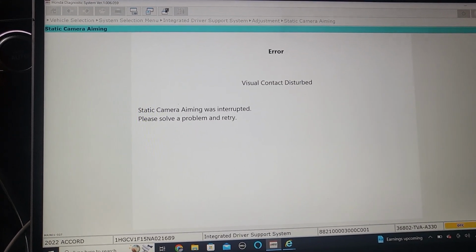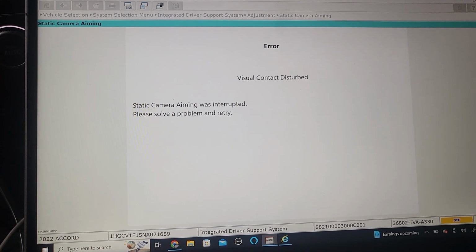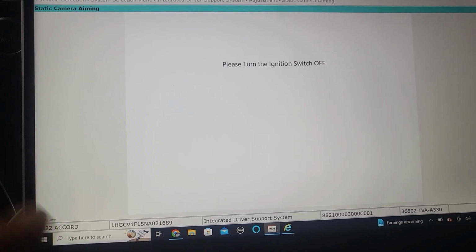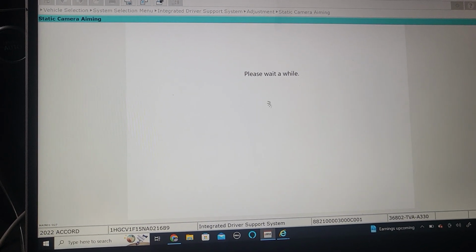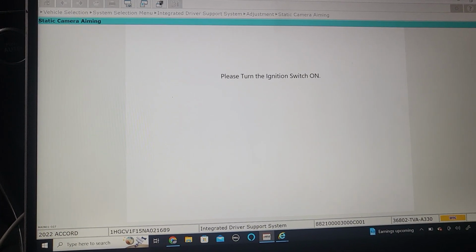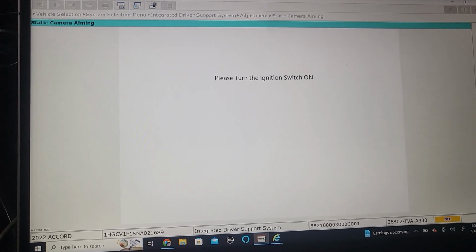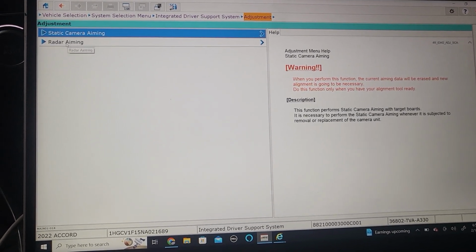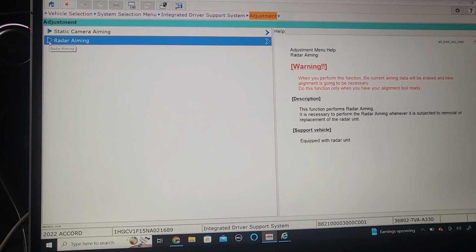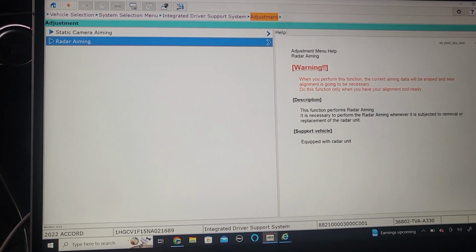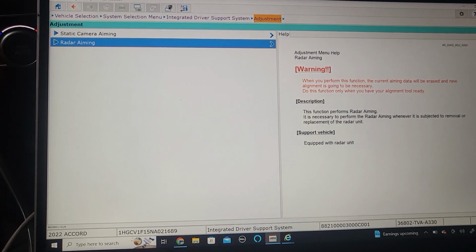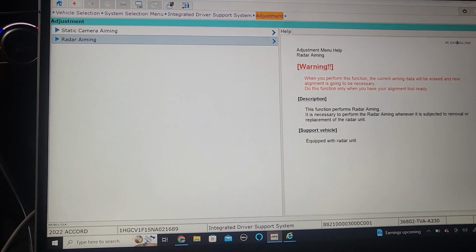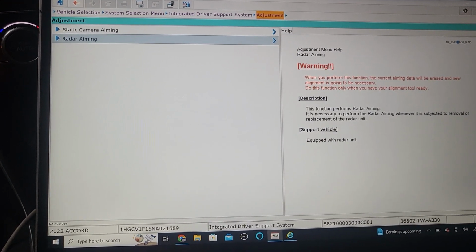Visual contact disturbed, static camera aim was interrupted. Please solve the problem. Say okay, switch ignition off. Switch ignition on. Okay, and now also you need to do this one. Support vehicle equipped with a radar unit. This function. If you want to get more information, maybe